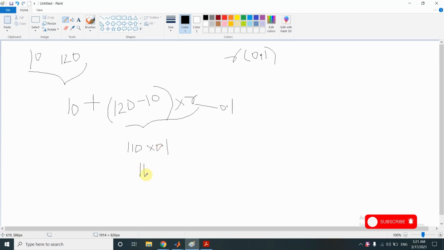This would become 11. When this 11 is added to 10, that is the lower limit, we get 21, and this 21 is between upper and lower limits.